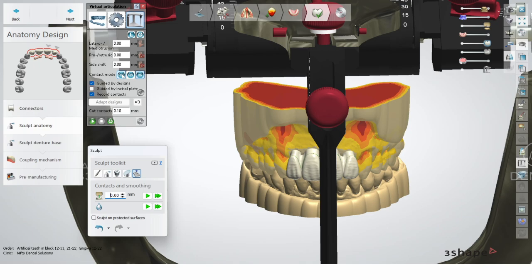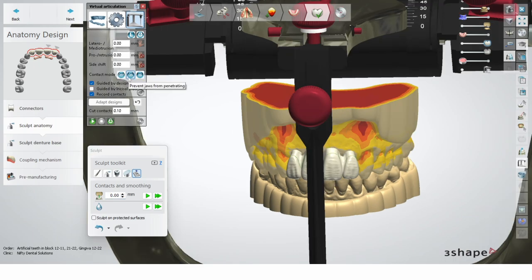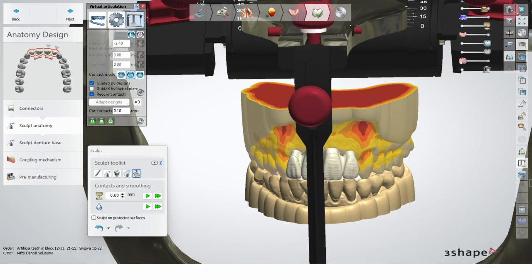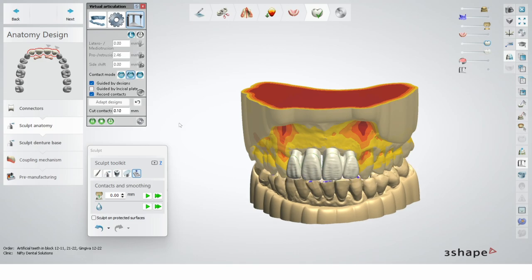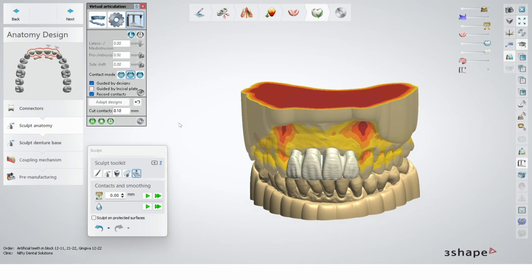I'm gonna use the prevent jaw from penetrating, and I'm gonna run the movement. But it all depends what you are doing, and if it's upper or lower, or a full. So it's a nice tool. I like it. But the best part comes later.